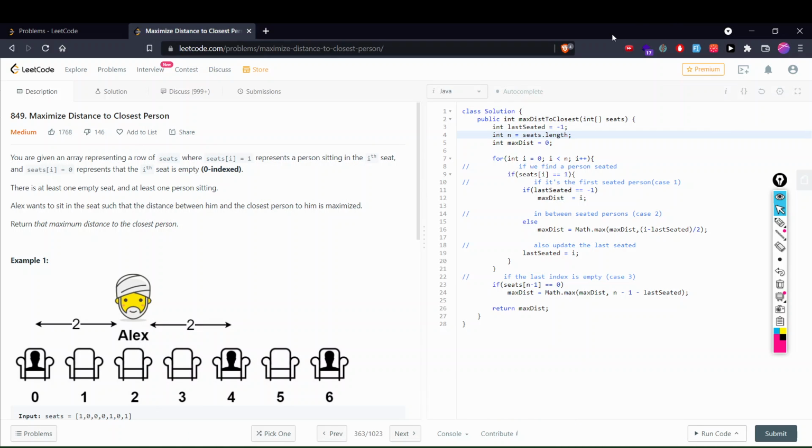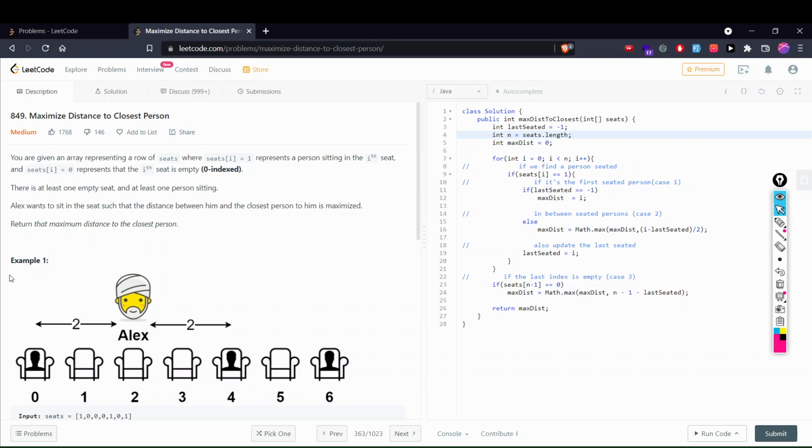Hello everyone, this is Srithi Suteri, and today we are discussing this problem, that is, maximize distance to the closest person. So this is the problem description. If you want to read this, you can pause the video. But since I've already read this description, let me give you the brief information this description has, and let's discuss